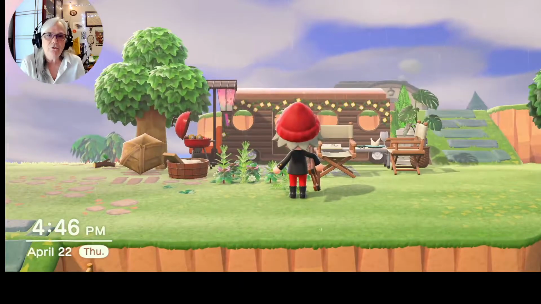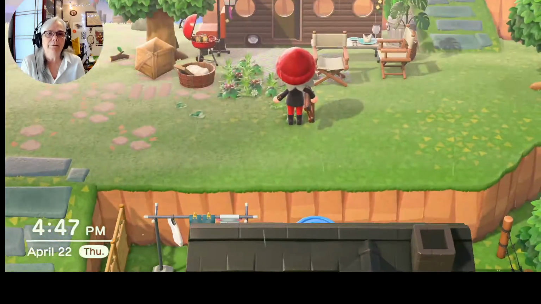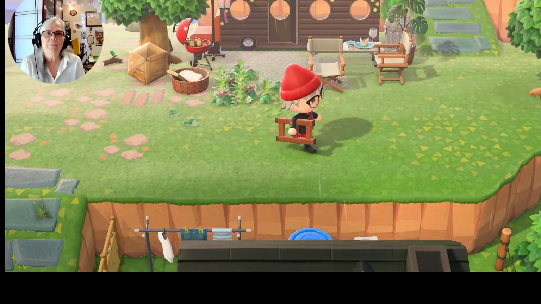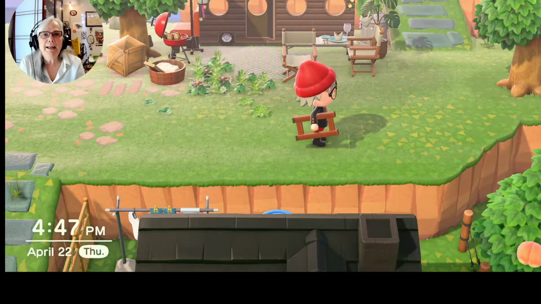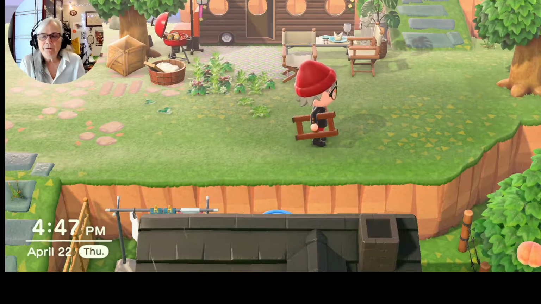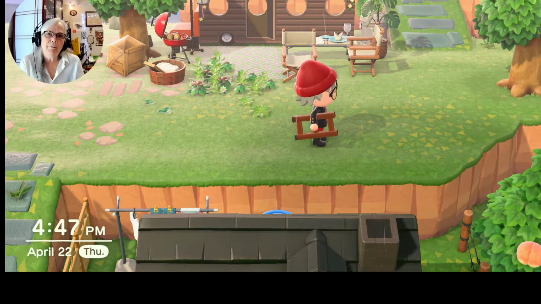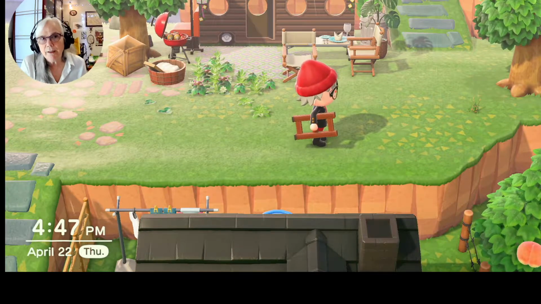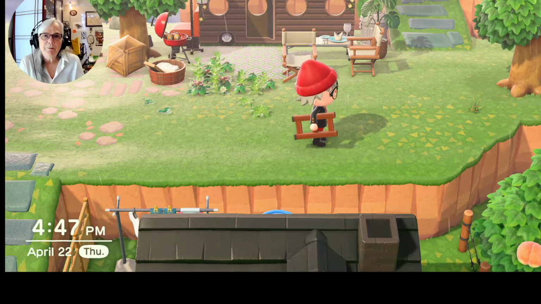Now, this is a question about this. It looks like a trailer from this angle, but from this angle it doesn't. And part of that is probably because of what I have in the background. So I was thinking that if I put simple panels up in the background and had them look like the inside of a trailer, that would help the illusion. Because it's all about illusions, right?